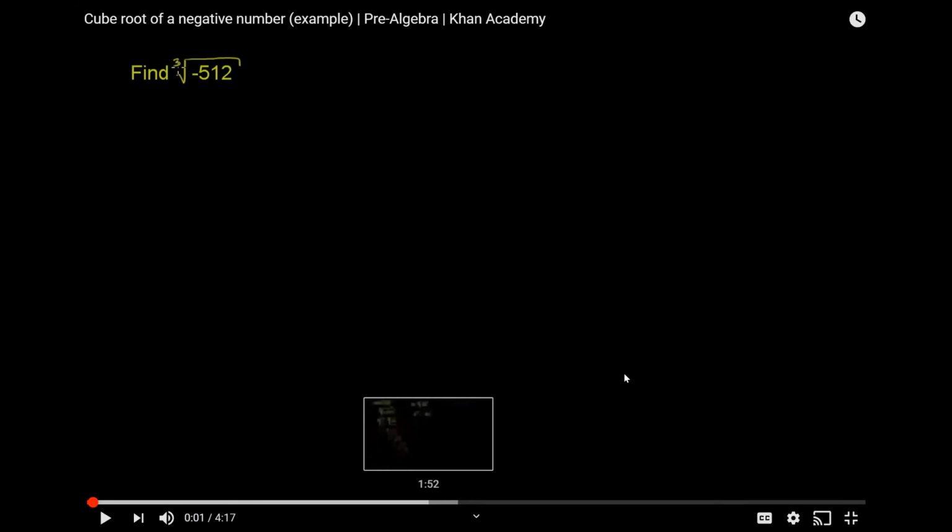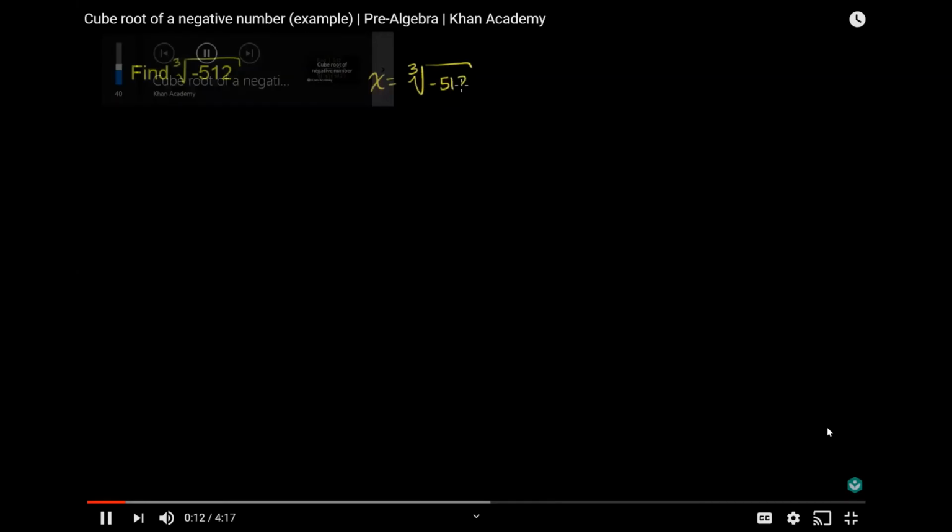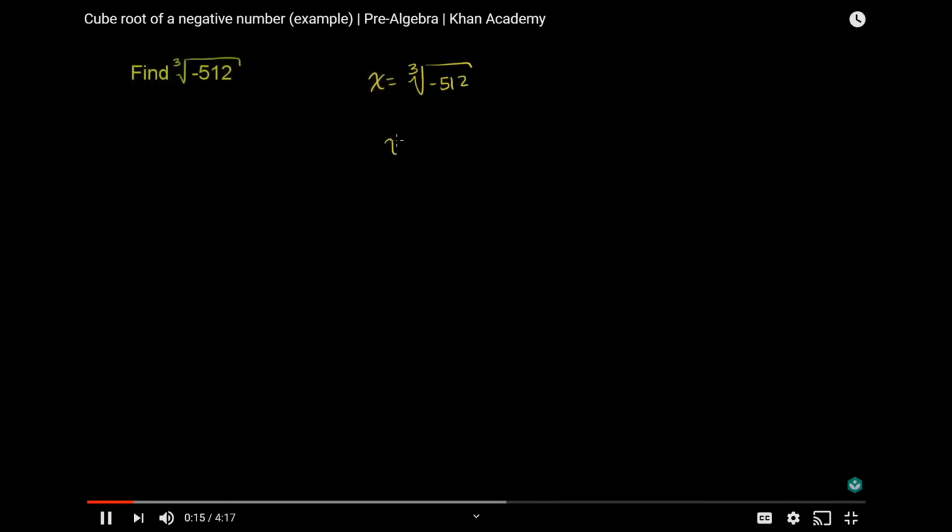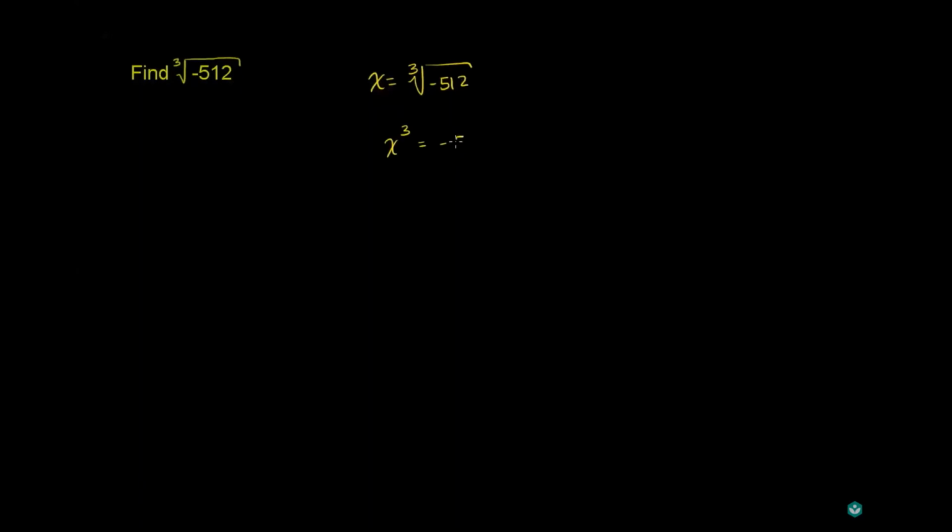All right, let's begin. Cube root of negative 512. Or another way to think about it is if I have some number and it is equal to the cube root of negative 512, this just means that if I take that number and I raise it to the third power, then I get negative 512. And if it doesn't jump out